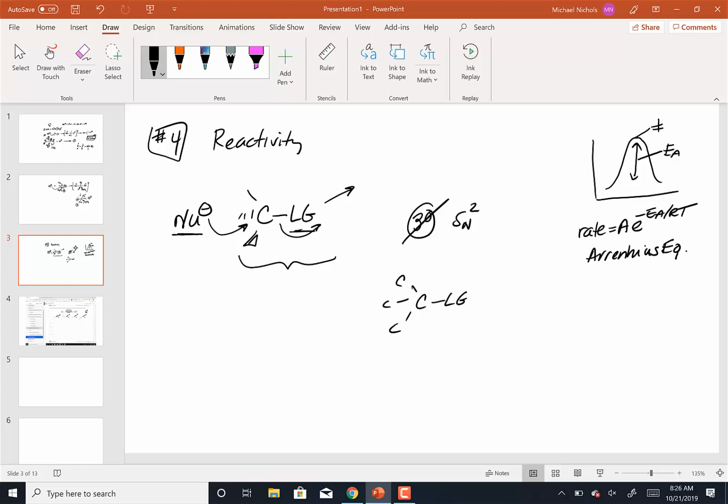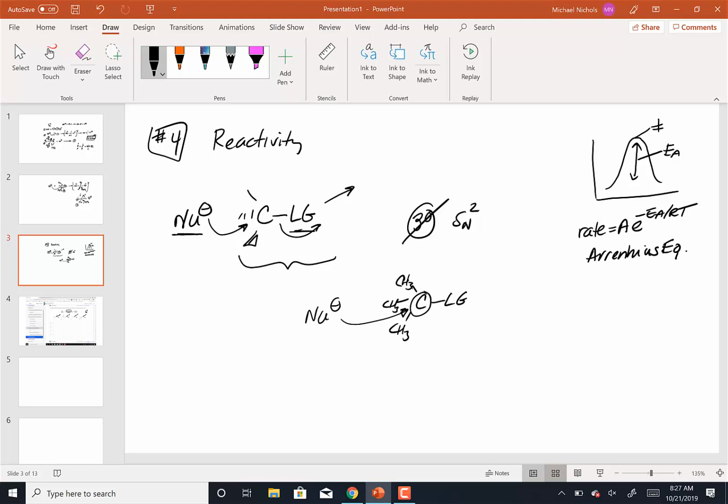Because it's not possible for there to be a backside attack. It's going to be really difficult to do a backside attack on this carbon. Why? Because this carbon is really sterically hindered. That carbon is very sterically hindered. And so it's going to be difficult for the nucleophile to get to that carbon in order to transfer its